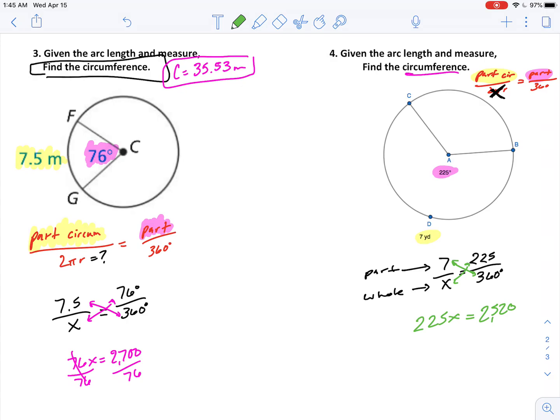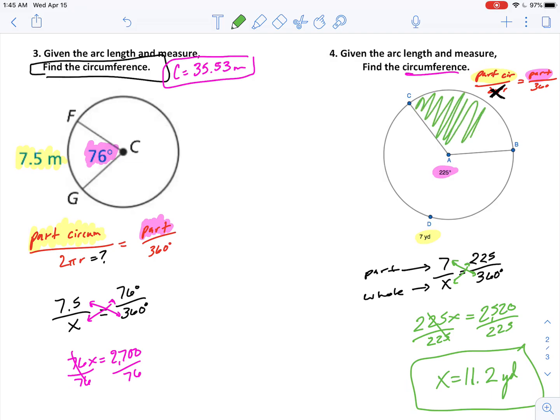So 225x equals, and then 7 times 360 is 2100 plus 420 is 2520. And to get x by itself over here, I need to divide by 225. And I'll get x is